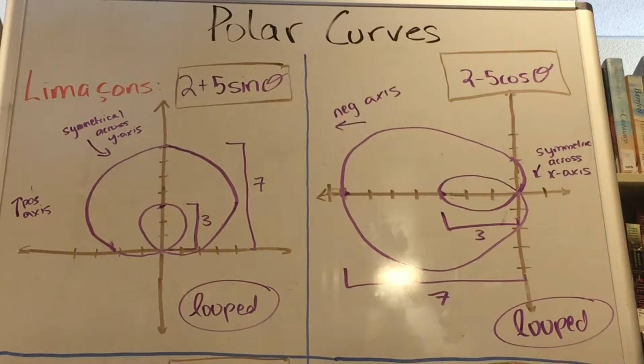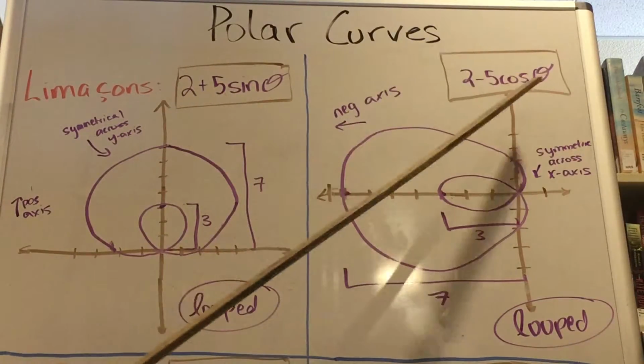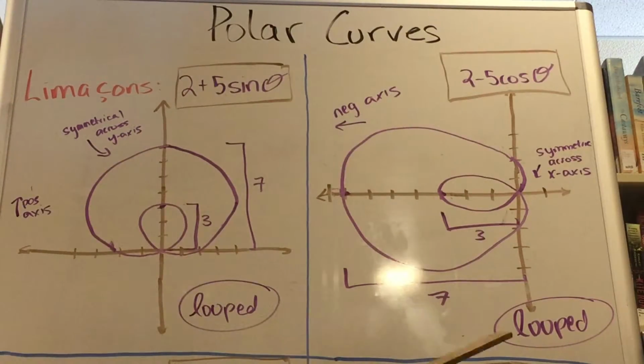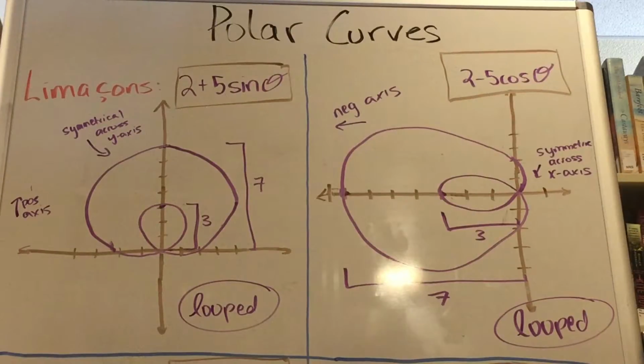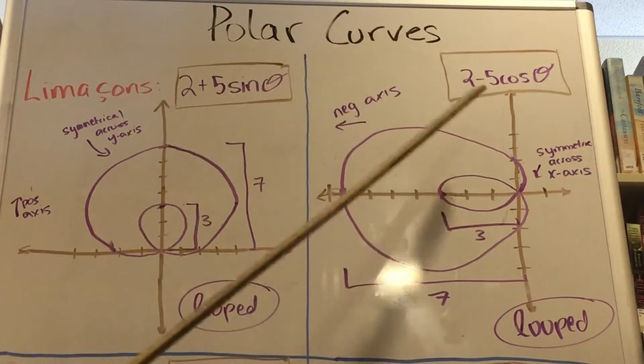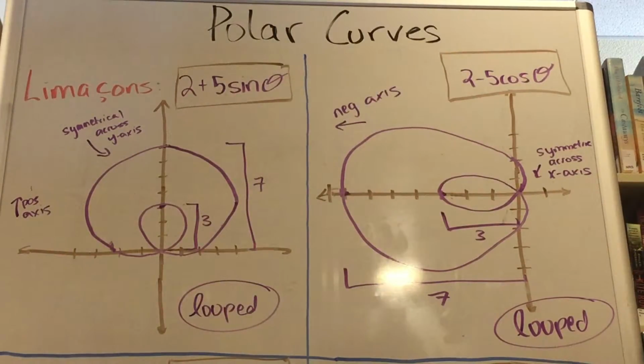Okay, let's just look at some examples of polar curves. As you can see in these examples I've chosen, 2 of them have sine as the actual function, 2 of them have cosine as the actual function, 2 of them have a plus in the middle, and 2 of them have a minus in the middle. As well, 2 of them have a greater A value, and 2 have greater B values. So all these differences add up, and we'll see them in these 4 graphs. So for the first one,